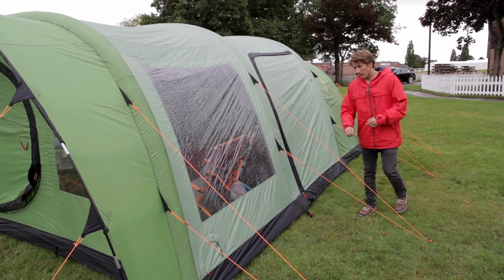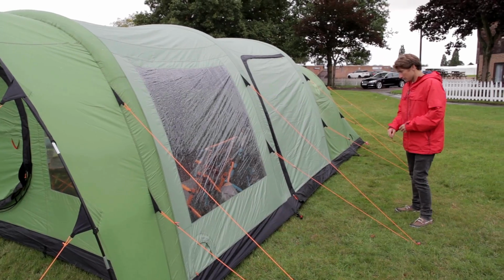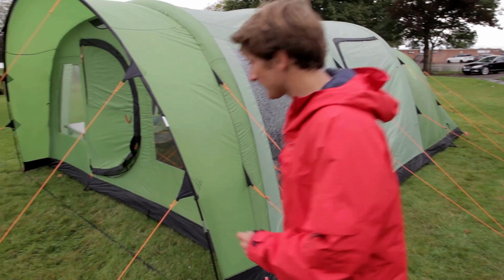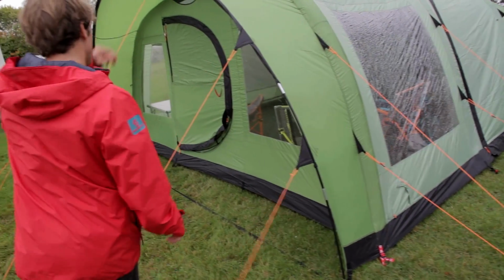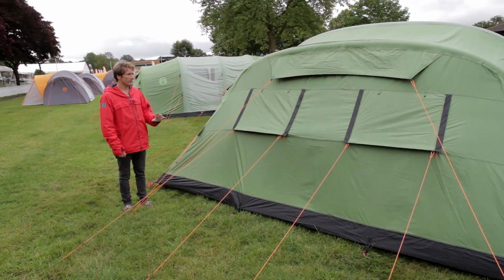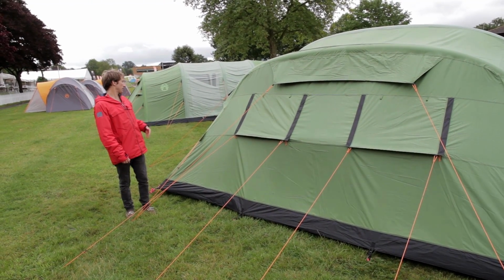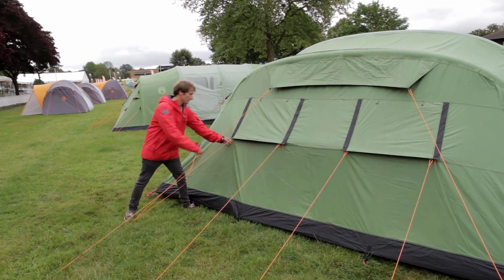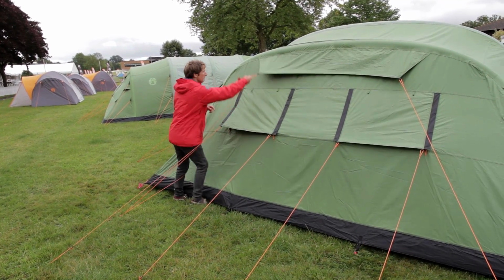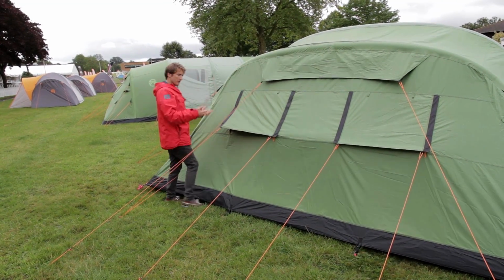There's some venting at the front of the tent. Doesn't seem to be a huge amount of venting on this tent, but you've got a little bit of ventilation at the top there, and if we walk around, along with the venting on the front, and there being no real venting on the side, these actually are all ventilation. So you've got loads of mesh under there and on there as well, and a little bit under there as well, just to give that airflow